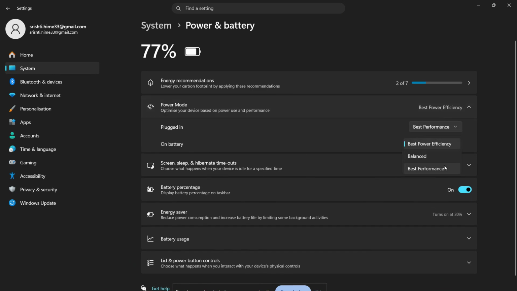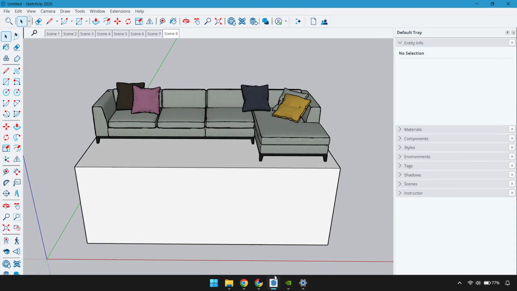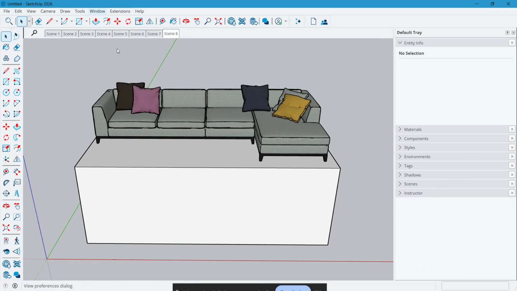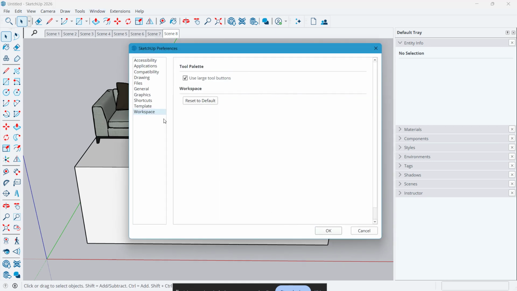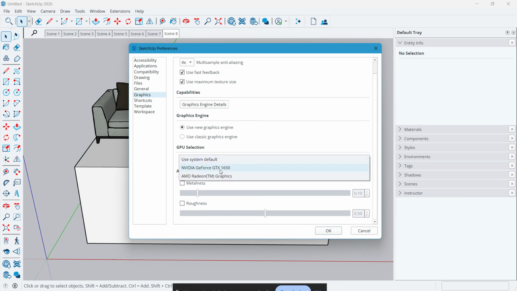Next, open SketchUp itself and check its graphics settings. Inside SketchUp, go to Window, then Preferences, and look for the Graphics section. In this area, you can often review the graphics hardware that SketchUp is detecting. If there are options available, try switching between them or refreshing the graphics settings. Sometimes SketchUp may be pointed at the wrong adapter or may need a restart after a driver update before it recognizes the correct hardware. If you see any warning messages or options related to rendering, make sure they match your